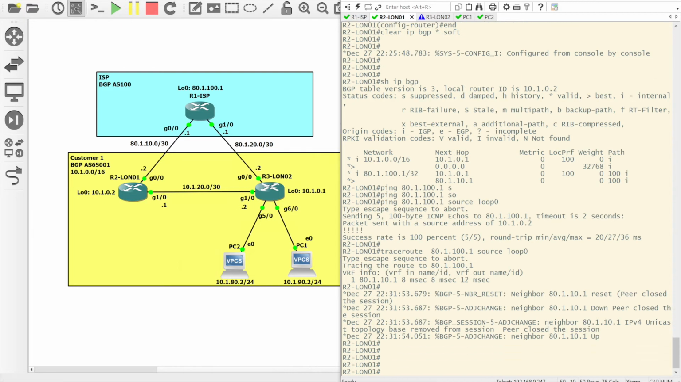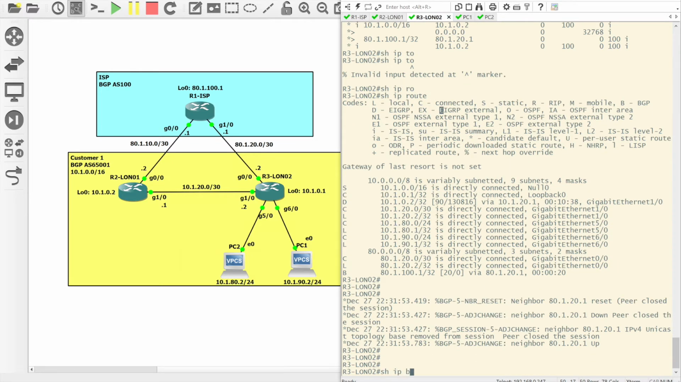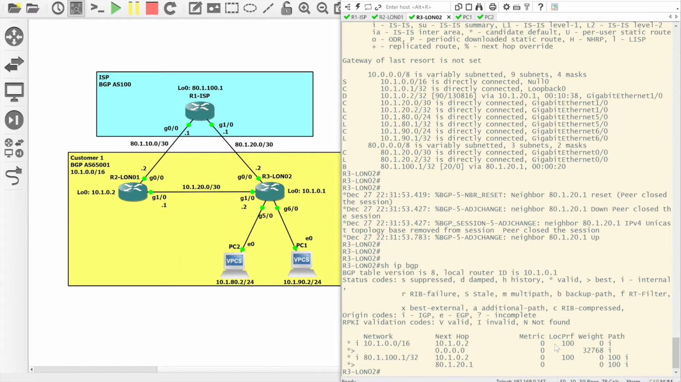So what we'll do is, if we do a show IP BGP, we can see that the local preference on these iBGP routes is 100, and the metric isn't set because it's not used by default. If we do a show IP BGP on here, again we can see the local preference is 100 on the iBGP routes. So in terms of local preference and metric, with local preference, the higher, the more preferred the route